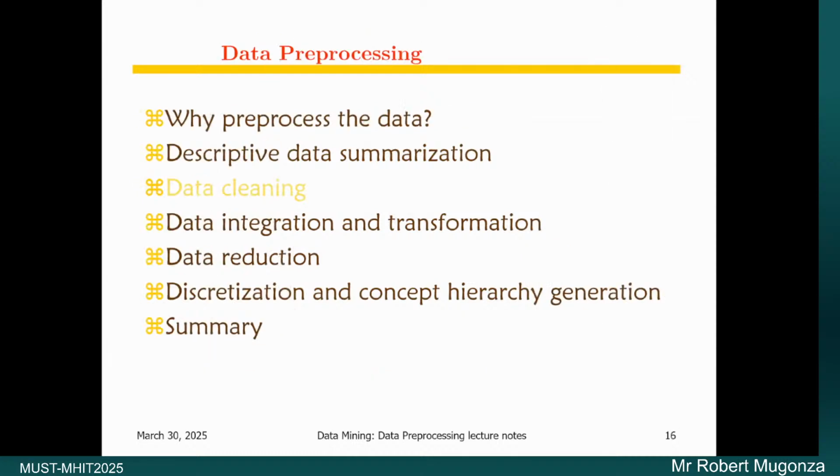Okay, so then from data summarization, I did not want to delay over it simply because most of these measures have been encountered in our lives as either computer scientists, sociologists, or those doing medicine, all sorts of programs.